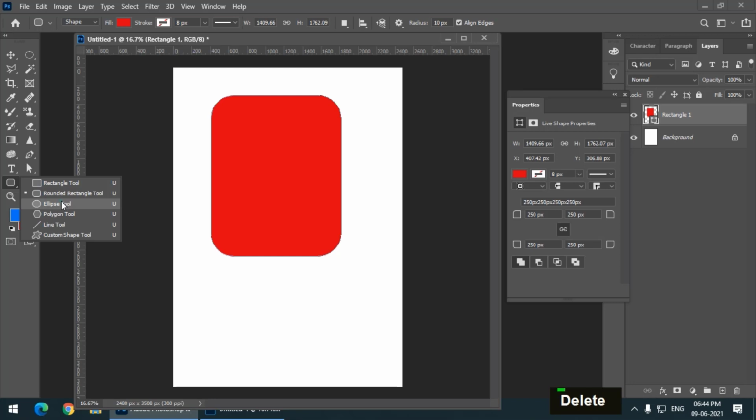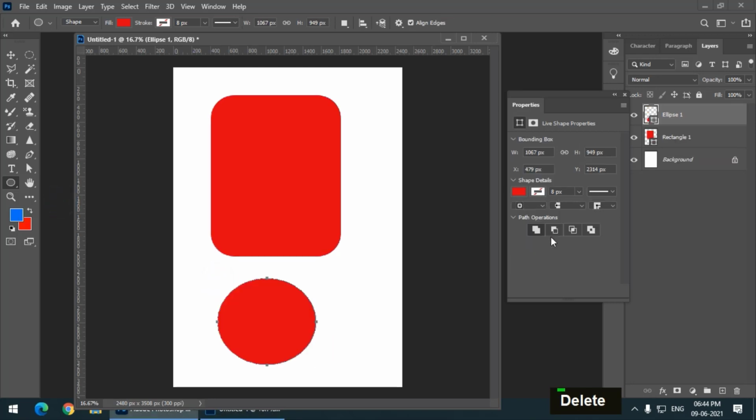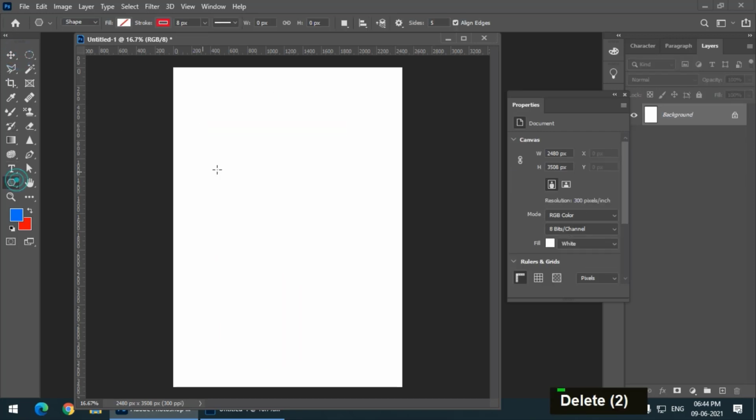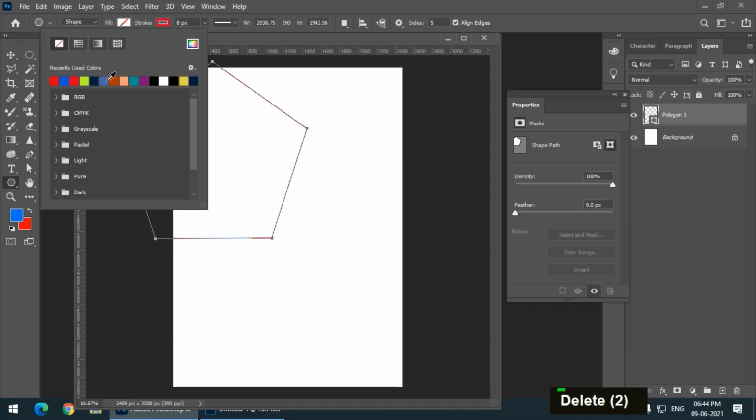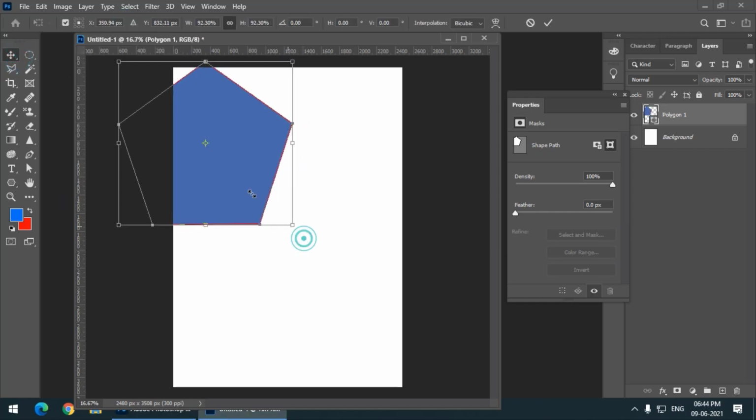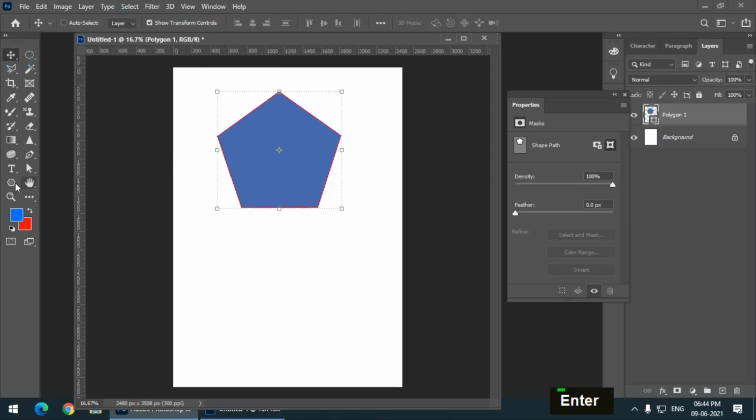Then we have ellipse tool, we have some properties of ellipse tool. Then we have polygonal tool, we can change the sides of polygonal tool. Presently it's a pentagon, so if I draw it, it will be a pentagon. And if I want a hexagon, then I can simply increase the values of the sides, 6, whatever value we want.